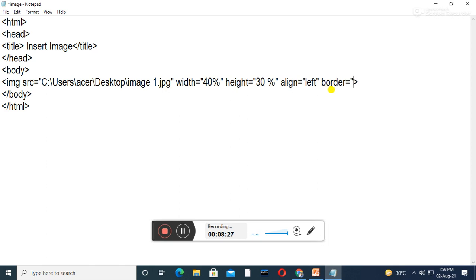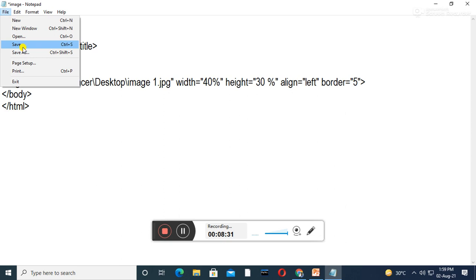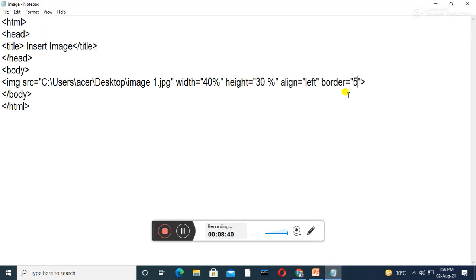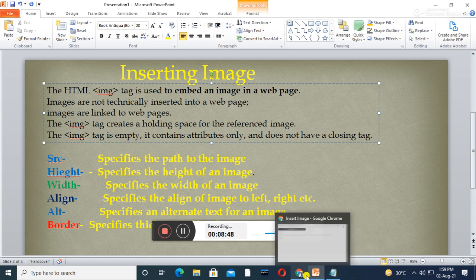The border attribute also you can apply, with the value 5 for border. Save this, refresh. Look here, now the thickness of the border of your image changes. Make it 50, a very large border I have written here. See the output.